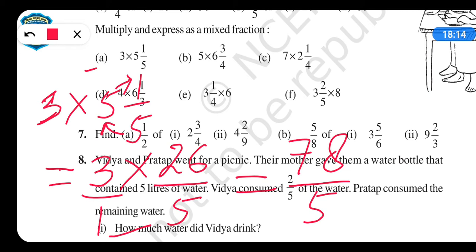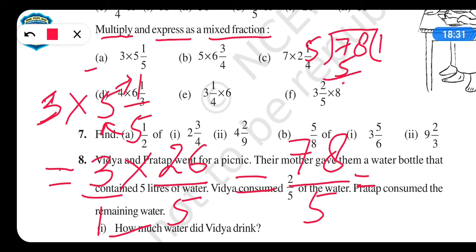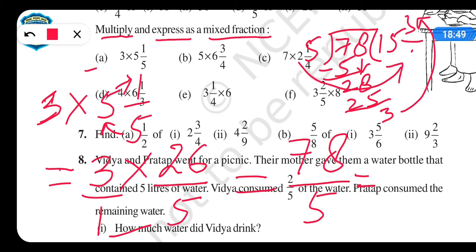Now in the question it is written multiply and express as a mixed fraction. So now you have to convert into a mixed fraction. How can you convert it? You have to divide. So 78 divided by 5. Divide by 5. 5 1 ja 5. Remainder is 2, minus. Then 8. 5 5 is 25. So 3 is the remainder. So 3 goes on top, you will get 3 upon 5 below. So the number is 15 whole 3 upon 5. Right?